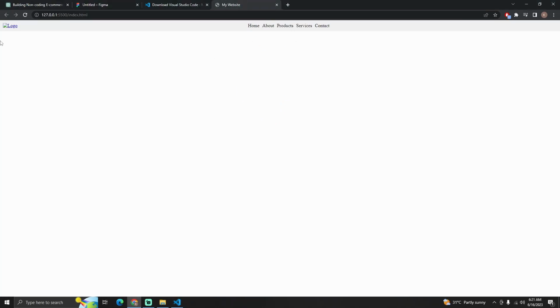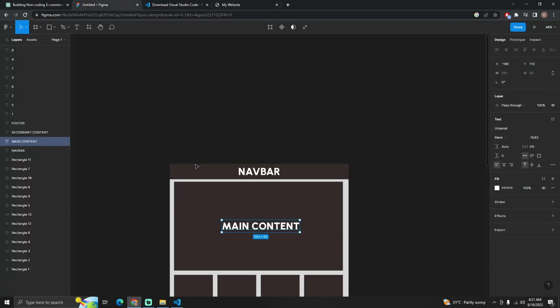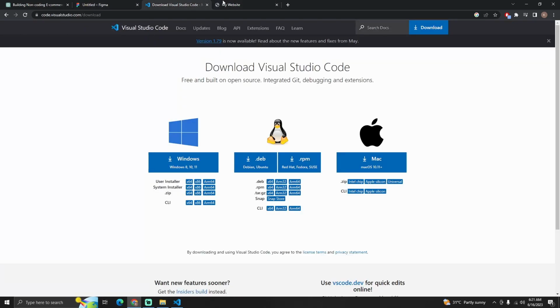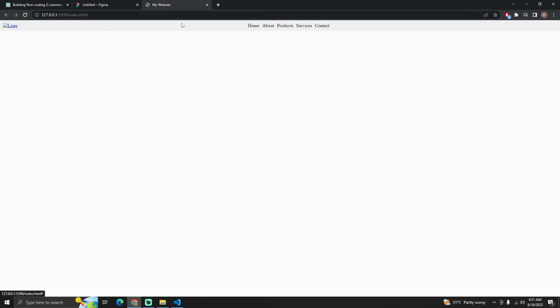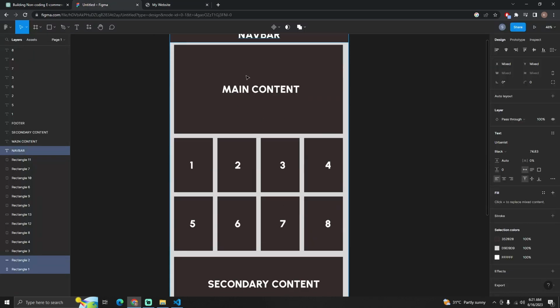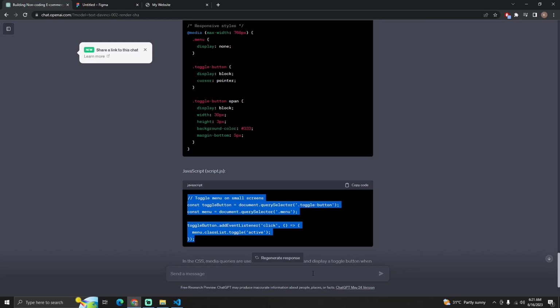And if you look at the website, you can easily see that it just created a navigation bar. This portion is completed. You can see the logo here. There are 1, 2, 3, 4 and 5 menu options. So yeah, that's great. Now we need the main content of the website. Let's ask GPT about